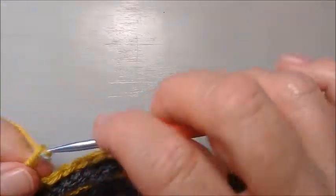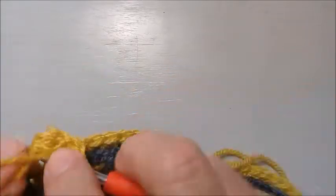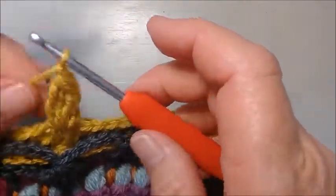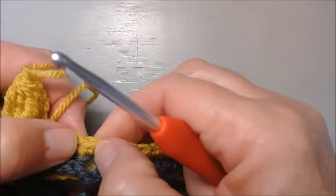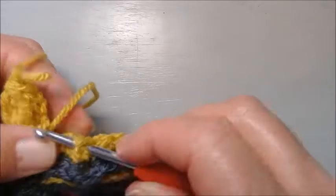So again, 1, 2, 3, 4. Yarn over twice, back into that space. 1, 2, and we're going to do 4 trebles together here. 1, 2, and again. 1, 2. Yarn over, chain 1 to close. And now we're going to attach our first stitch. We're going to count 1, 2, 3, 4, and into that 4th stitch, 1, 2, 3, that one over there, we're going to work